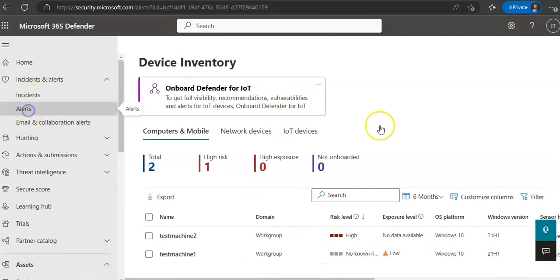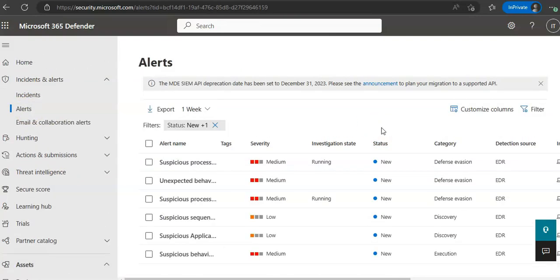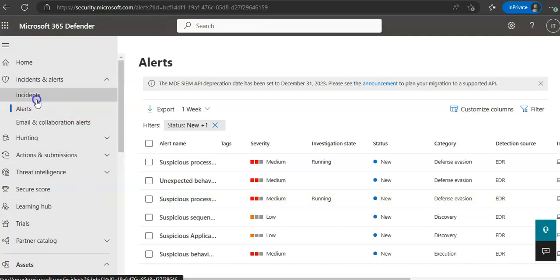But if I go on alerts now, these are the alerts, right? Now investigate the attack as a single incident, right? So Defender for Endpoint applies correlation analytics and aggregates all related alerts and investigations into one incident entity. By doing so, Defender for Endpoint narrates a broader attack story, helping the SOC analyst to understand and deal with complex threats across the organization with the right visuals. The alerts generated during this simulation are associated with the same threat and as a result are automatically aggregated as a single incident. So if I show you the incident now,